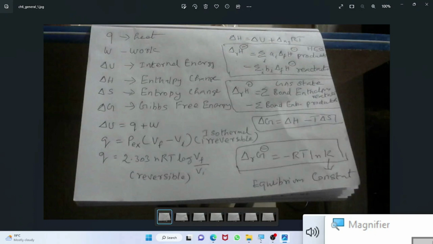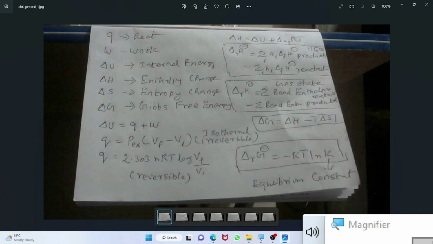For this, Q equals 2.303 nRT log V final by V initial for a reversible process, and delta H equals delta U plus delta ng RT. Delta ng is the number of moles of the products minus reactants. And the delta rH, that is reaction enthalpy, is equal to the sum of the enthalpy of the products minus reactants as per Hess's law, and the reaction enthalpy for the gaseous state is the bond enthalpy of the reactants